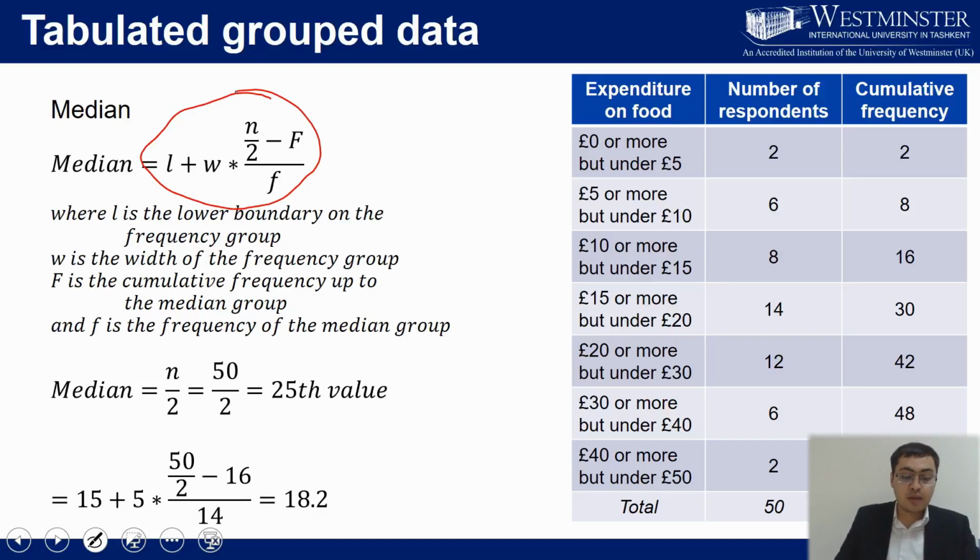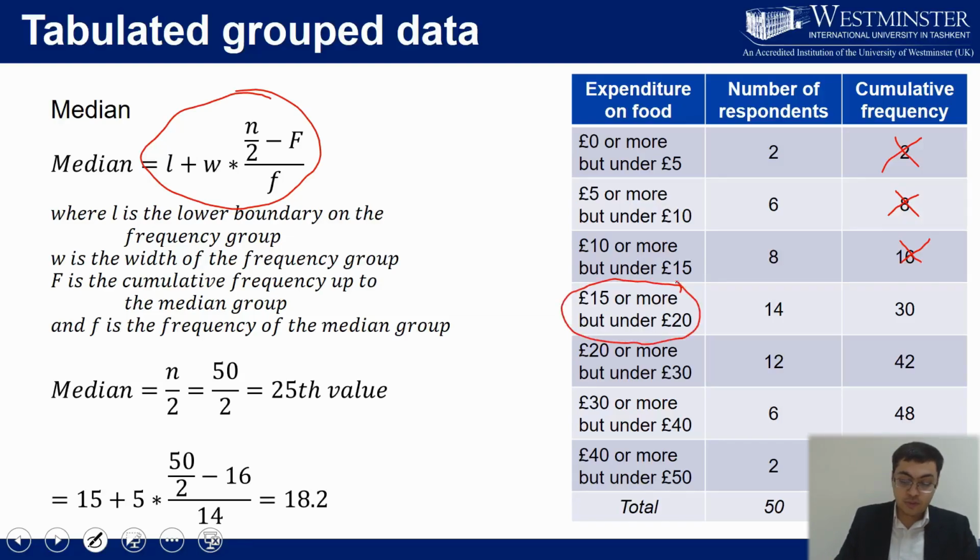So L is the lower boundary of the frequency group where the median resides. To figure out what L is, we have to figure out which frequency group the median resides in, and that's very simple. That's going to be n divided by 2, so we are looking at the 25th value, and we have to search for where that is. If we look at our cumulative frequency, 25 is higher than that, higher than that, higher than that, and it's going to be